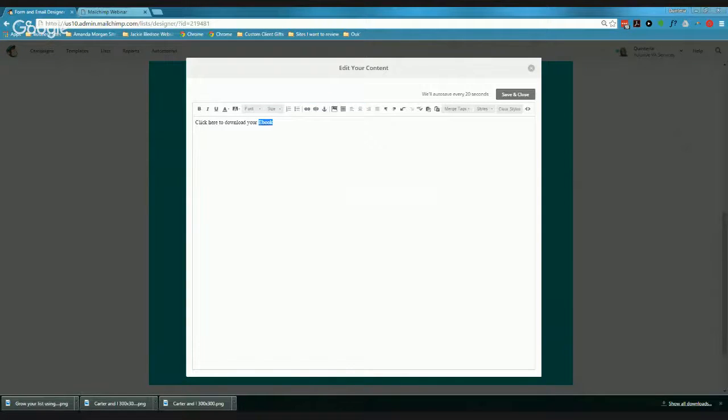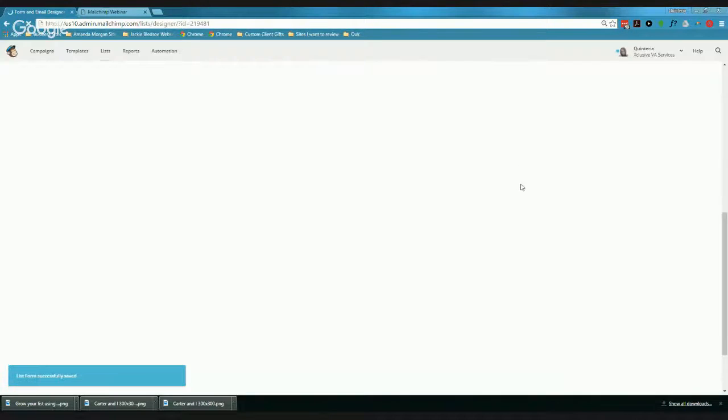Hit insert. Of course, customize this how you would like, add all the details, let them know when the webinar is, tell them what's in the ebook, whatever you feel you need to share to really get your point across for them, thanking them for downloading your freebie, letting them know what to look forward to. But you would enter all of that information here without needing to pay the $10 a month for the automation for Mailchimp. Make sure you hit save and close because it is saving as you go